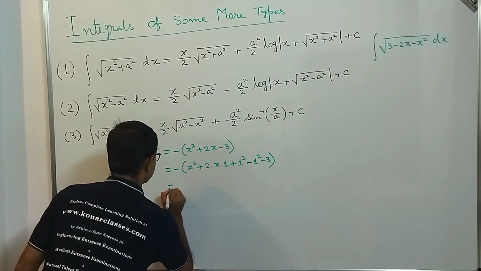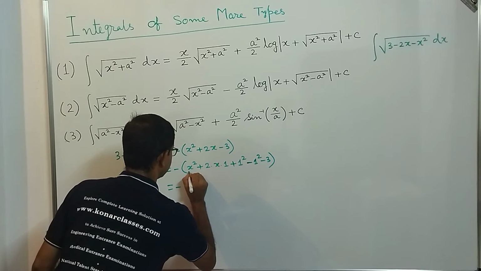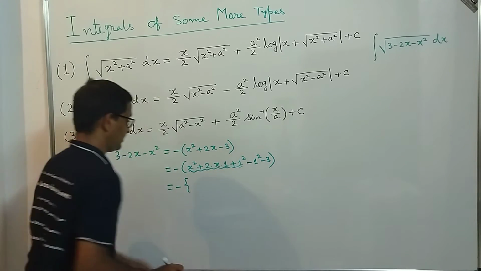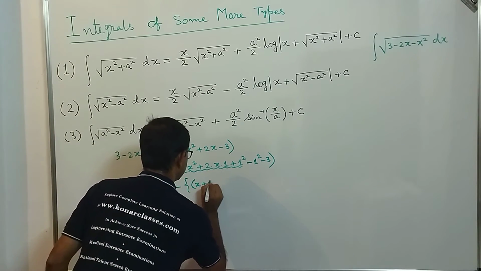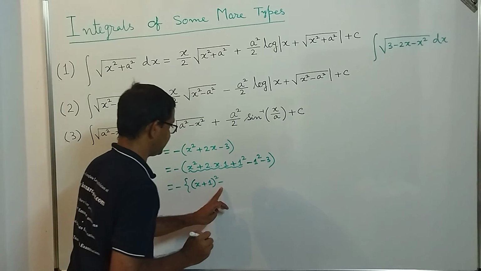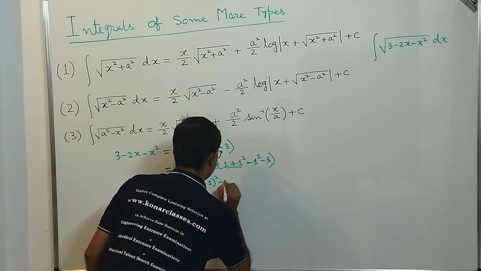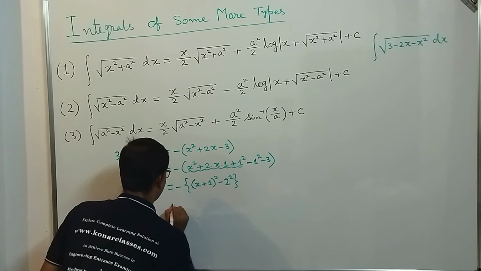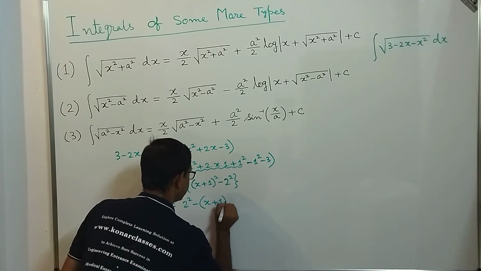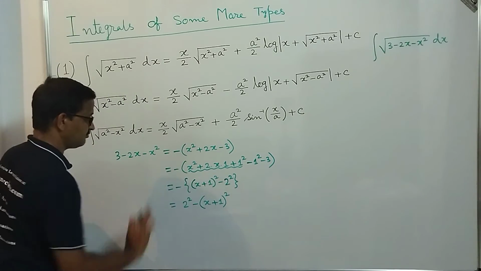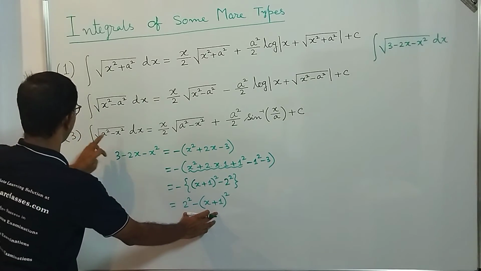So that is equal to what, dear students? This is equal to minus of x square plus 2 into x into 1 plus 1 square. These three terms, if we combine, will become x plus 1 whole square. So this is equal to x plus 1 whole square minus 1 square, which is 1, minus 1 minus 3, minus 4. 4 is what? 2 square. So minus 2 square. So finally what we get, dear students, is 2 square minus x plus 1 whole square, because we have multiplied by minus on both sides. So this quadratic expression is now in this form.